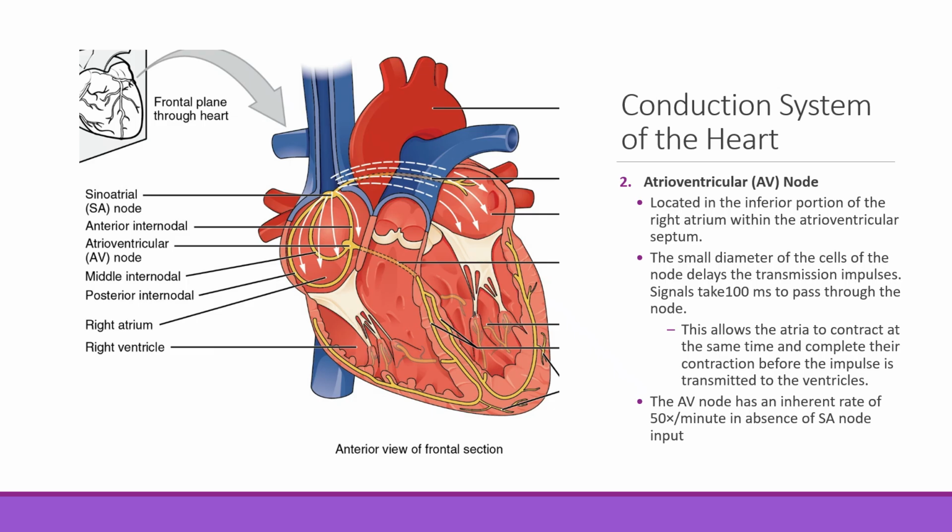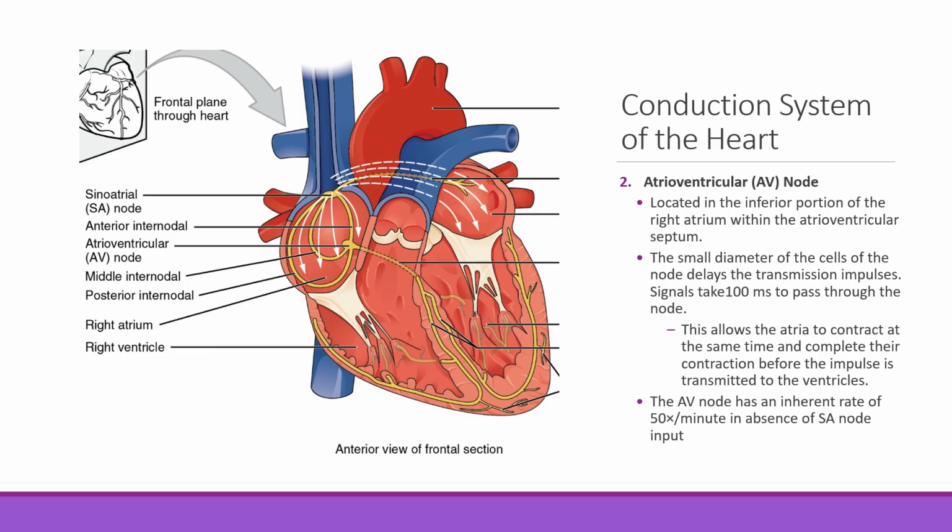Then we move down to the floor of the right atrium and we find the AV node, or atrioventricular node. This is a smaller diameter of cells in the node that delays the transmission of impulses. So signals take about 100 milliseconds to pass through this node. This allows the atria to contract at the same time and complete its contraction before the impulses are transmitted to